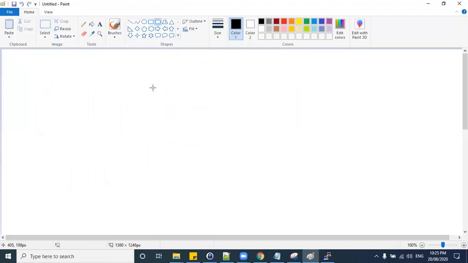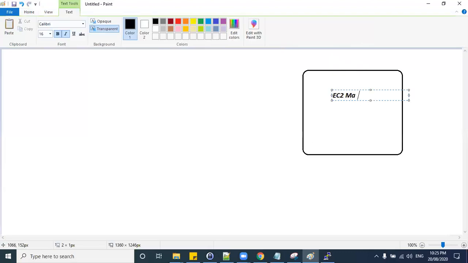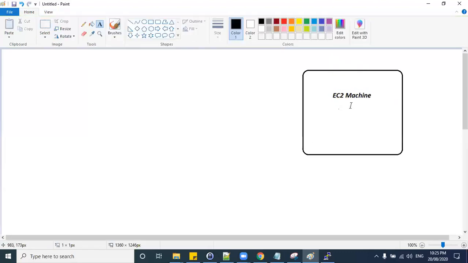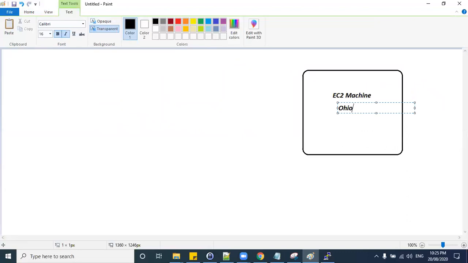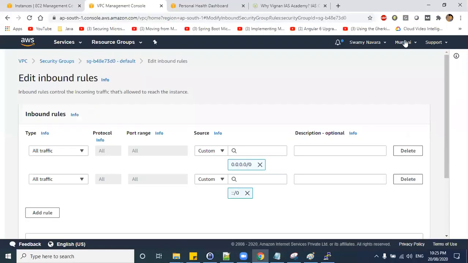So let's assume this is our EC2 machine, which we launched in the Ohio region. We'll go back to the Ohio region now. Let me terminate the instance before that.